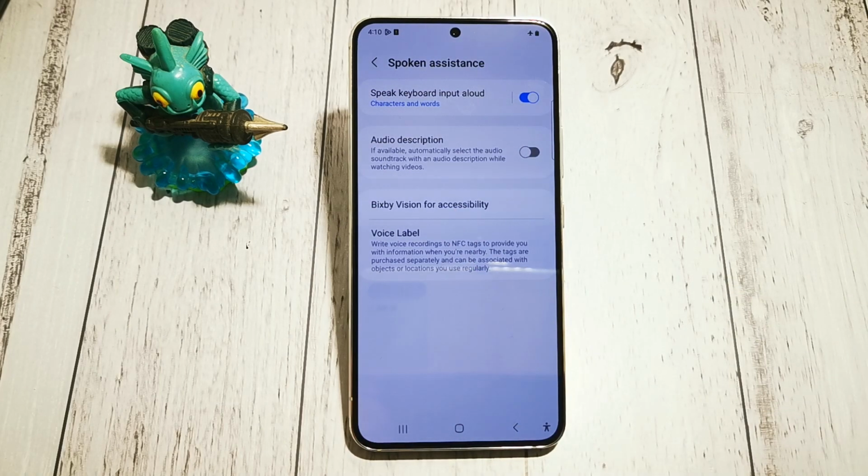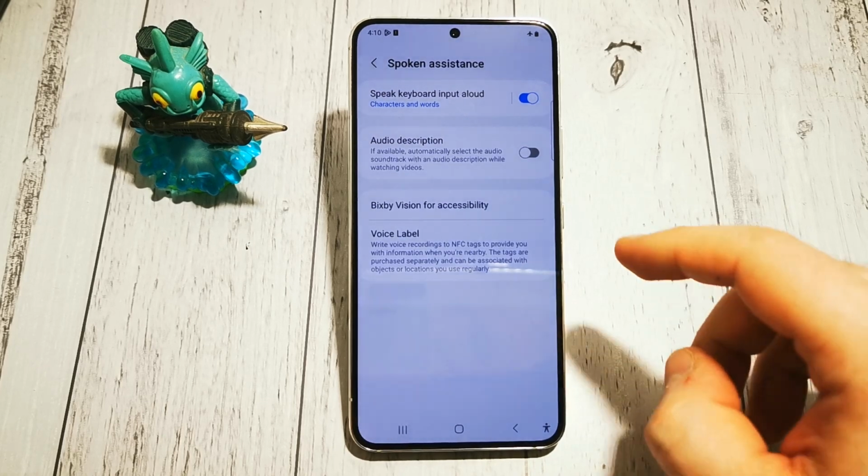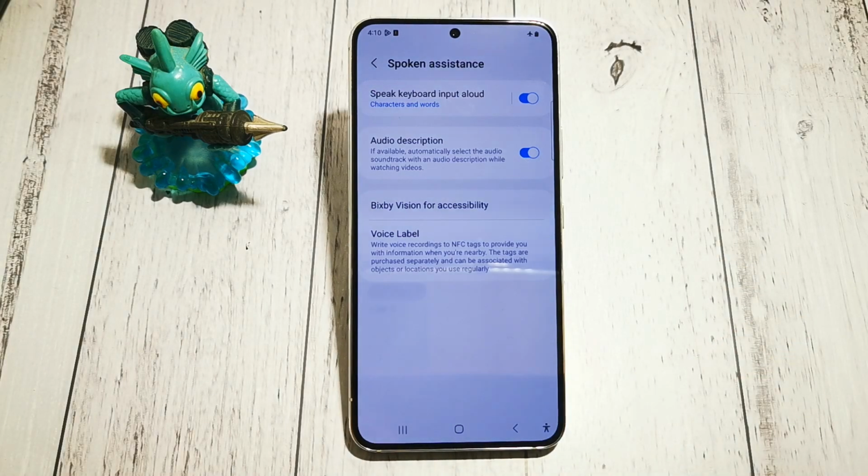We have short explanation here. If available, automatically select the audio soundtrack with an audio description while watching videos. So if we want to have it on, we simply check this box and now this option will be available to us. No need to save, back out from this